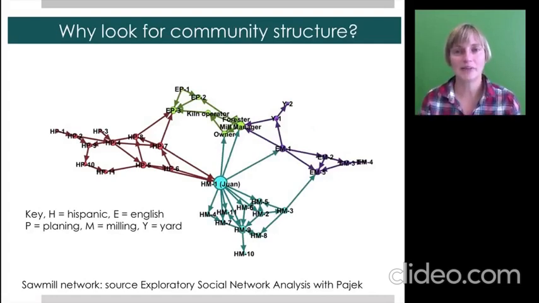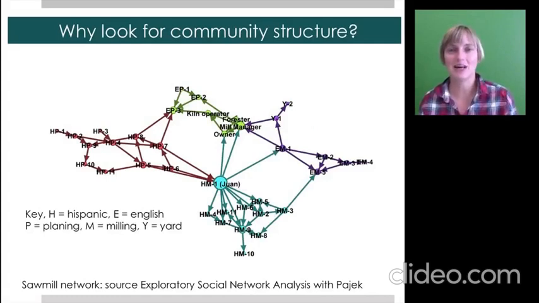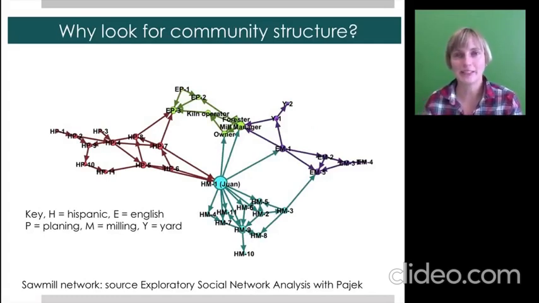This next example is taken from the book. It's actually kind of a Pajek manual that teaches you a lot of social network analysis as well. It's called Exploratory Social Network Analysis with Pajek. And in this particular data set, which I've now remapped with Gephi, you have